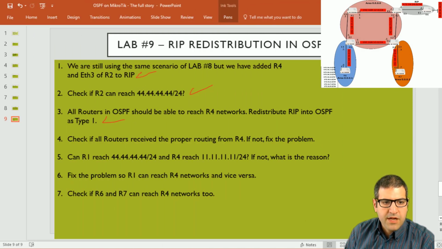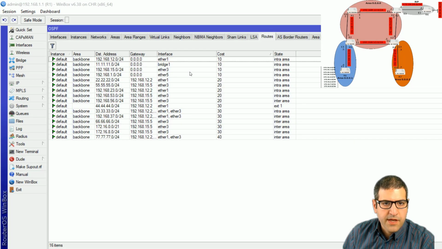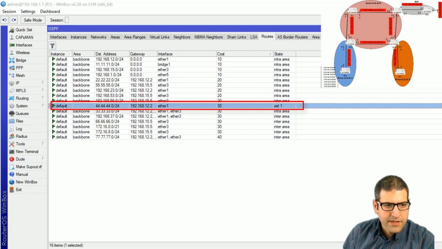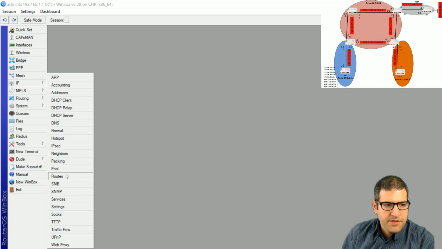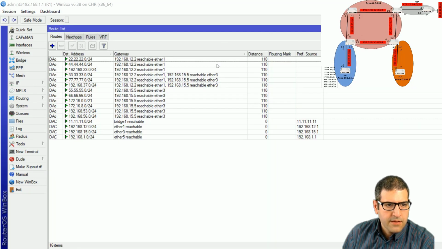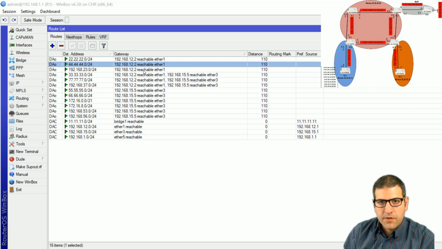Point number 4: check if all routers receive the proper routing from router 4. If not, fix the problem. Now we go to router 1. First let's go to routing OSPF, and then here to the routes. We can see that router 1 is receiving 44.44.44.0, and it is external route type 1. That's what we wanted. We can also check the IP routes on router 1, and we can see 44 in the routing table over here. So router 1 now knows how to reach the network